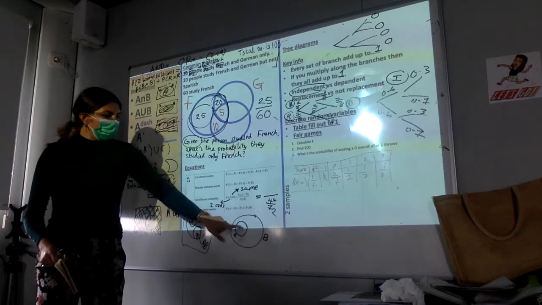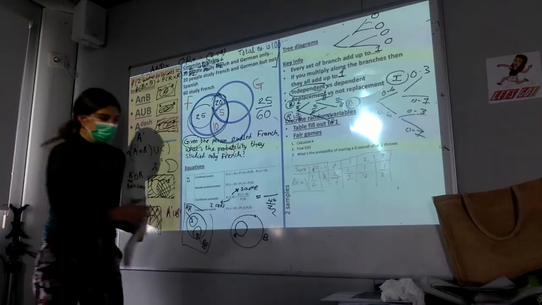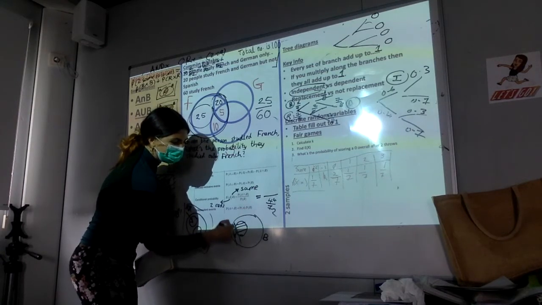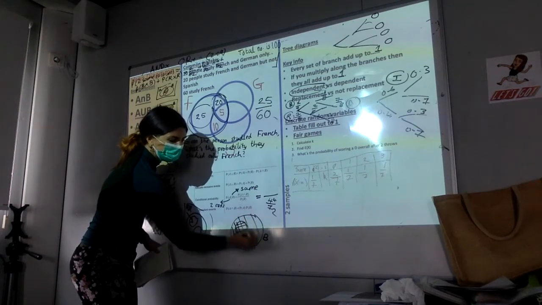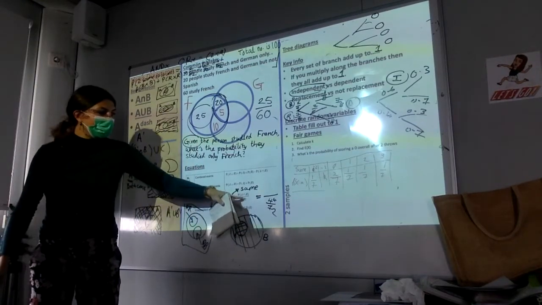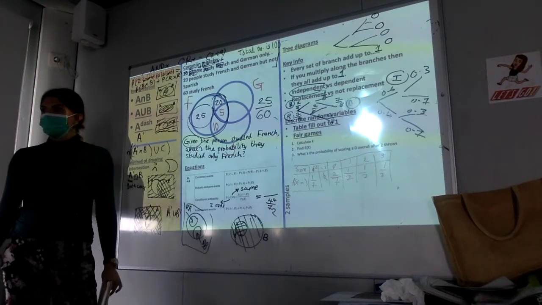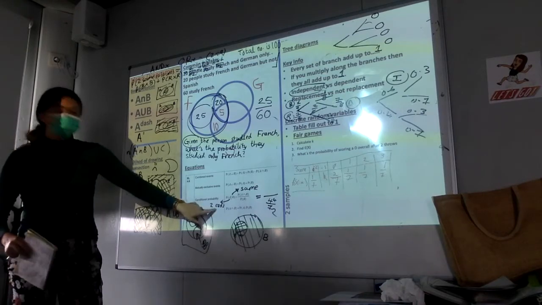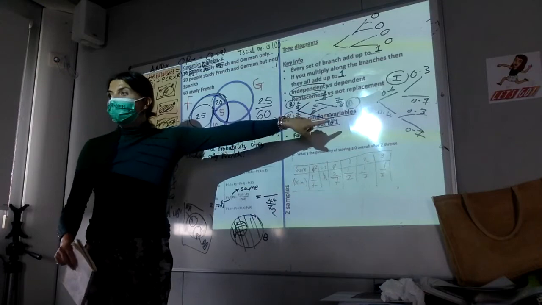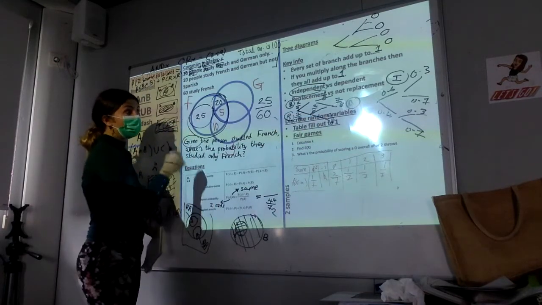So the A and B of this one is where A is, where B is, and where they cross, and they happen to cross where A is. So this A and B just happens to be what A is, which for this one is two reds. So it's 7 ninths times 6 eighths, which would be 42